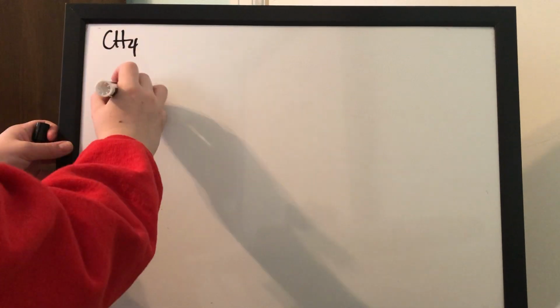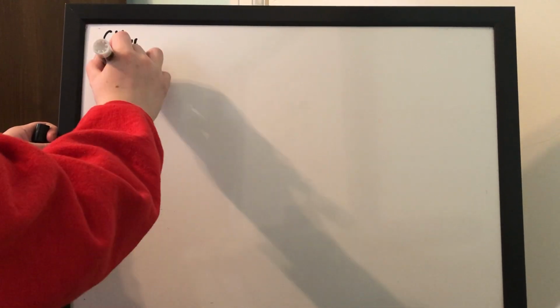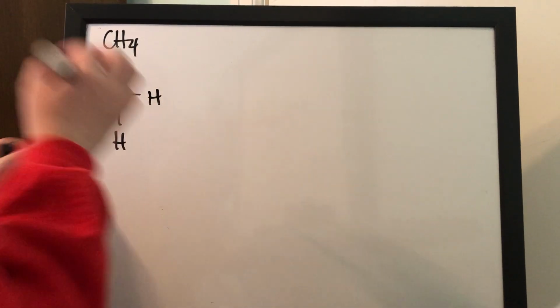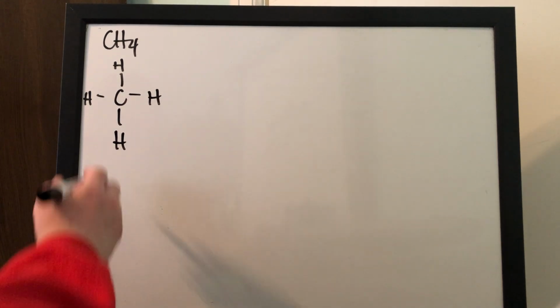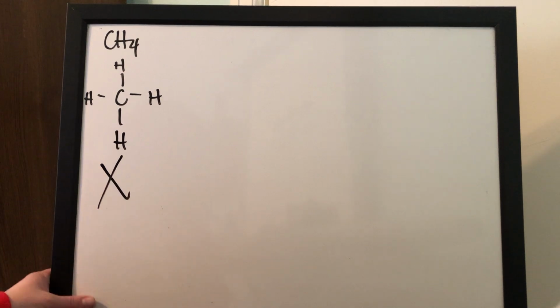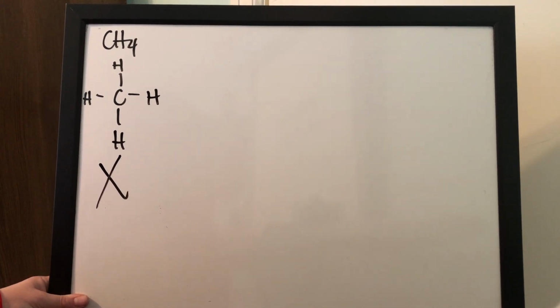All right, first example is CH4. Of course, CH4 is methane. Okay, it's got a lot of H's, but it doesn't have an O, N, or an F, and so there is no hydrogen bonding in CH4. All right, second one is